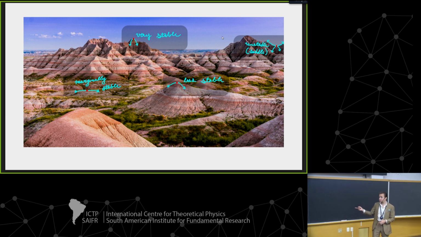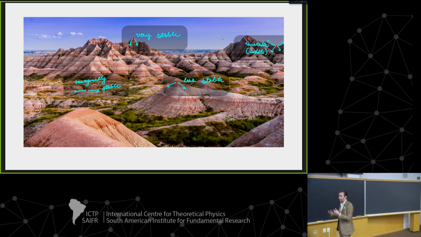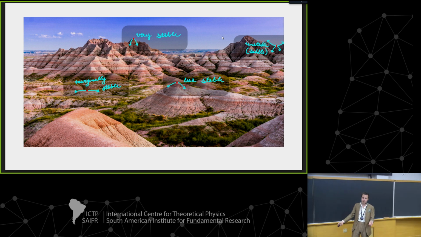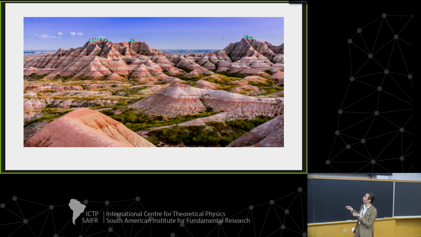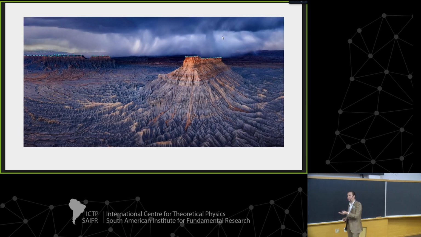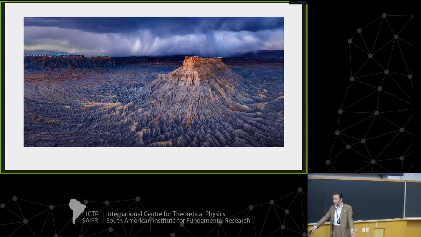So with this tool set, if we were able to count or describe the statistics of stationary points by their height and by their type, we can now begin to quantify the difference between a landscape like this, whose highest peaks are stable maxima with a certain clustering configuration, and a landscape like this, whose highest peaks are typically marginal or nearly marginal, very flat, with a different clustering configuration.